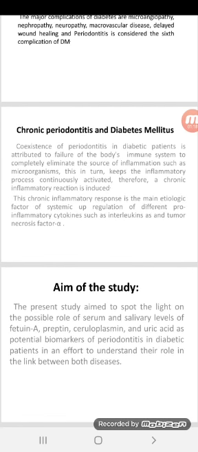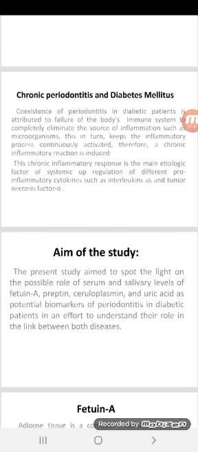Chronic periodontitis and diabetes mellitus. Coexistence of periodontitis in diabetic patient is attributed to failure of body immune system to completely eliminate the source of inflammation, such as microorganisms. This in turn keeps the inflammatory process continuously activated. Therefore, a chronic inflammatory reaction is induced. This chronic inflammatory response is the main etiologic factor of systemic upregulation of different pro-inflammatory cytokines, such as interleukin and